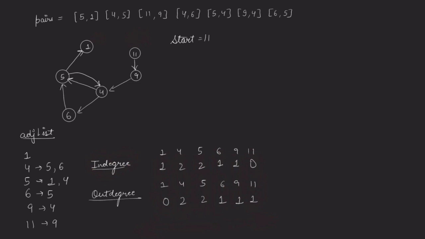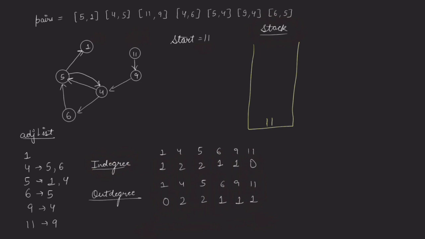Now we need to perform the depth first search. So for that we will perform iterative depth first search. So I will be maintaining a stack over here, right? We will maintain a stack and we will keep on pushing our nodes into this stack, right? Now initially we will start with our starting node, so we will push 11 into our stack, right? So once we have pushed the starting node, then while our stack is not empty,